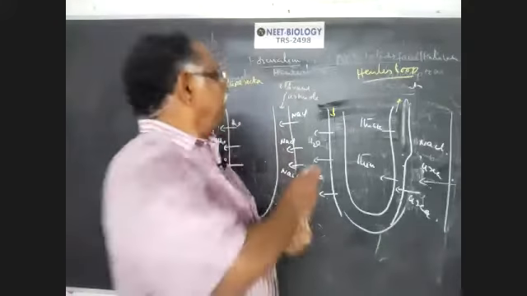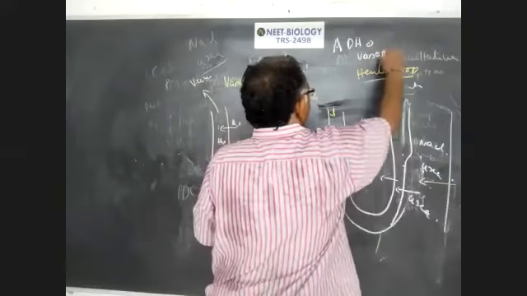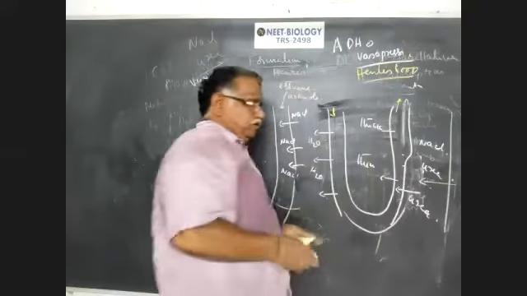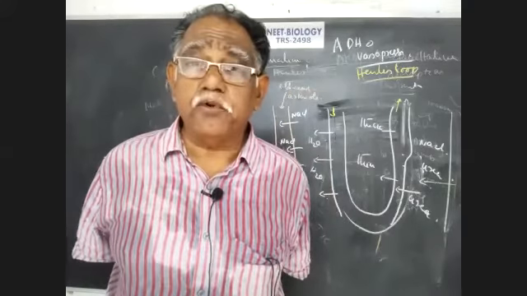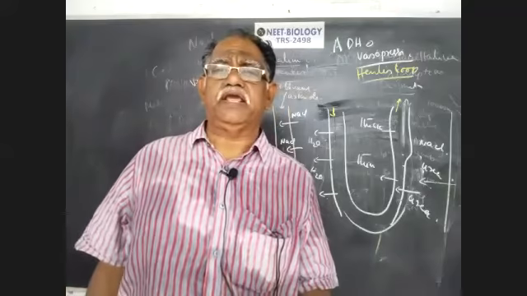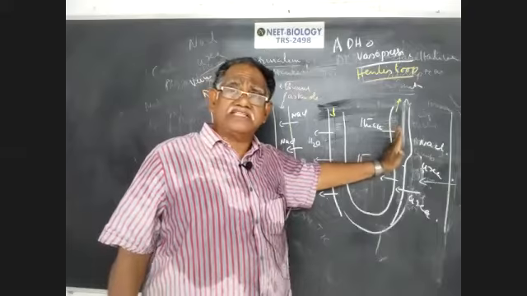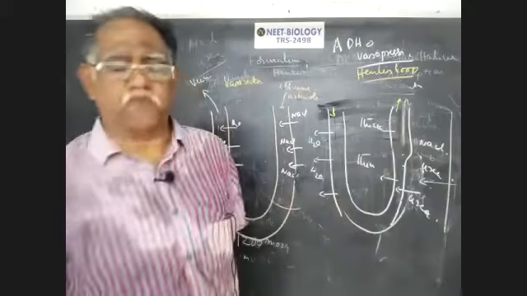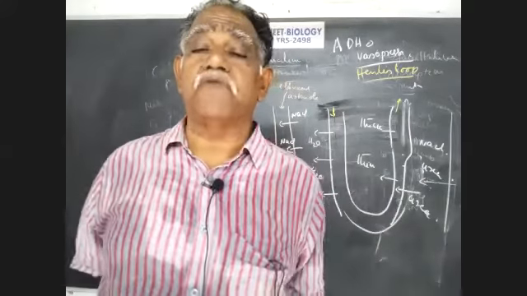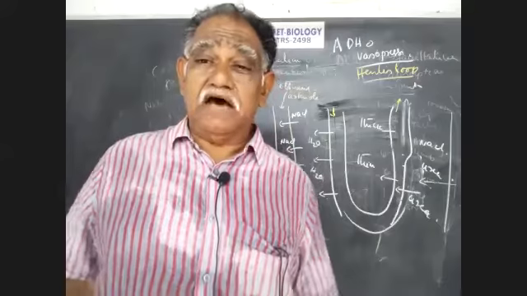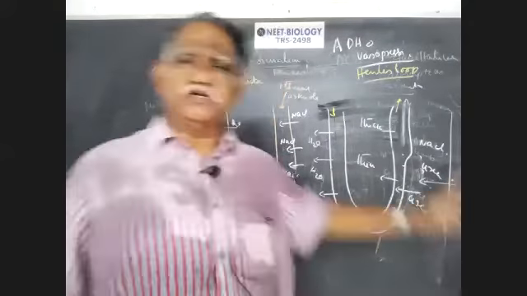You know, this hormone is called antidiuretic hormone or vasopressin, a hormone secreted by the hypothalamus and released from the posterior pituitary. The antidiuretic hormone increases the reabsorption of water from the distal convoluted tubule and collecting tubule. Another important point: the antidiuretic hormone or vasopressin causes the facultative reabsorption of water through the distal convoluted tubule and collecting tubule.